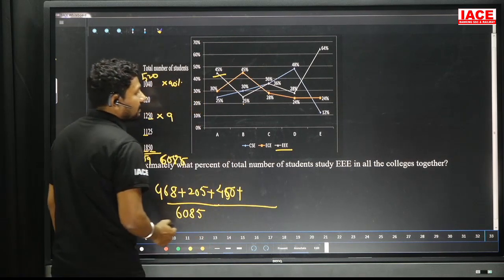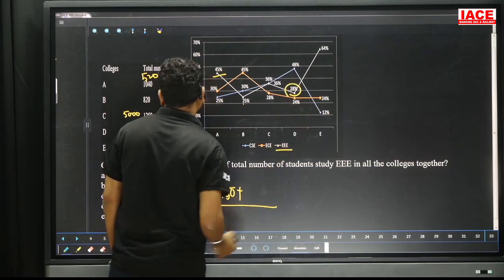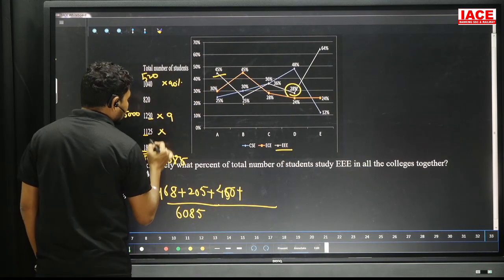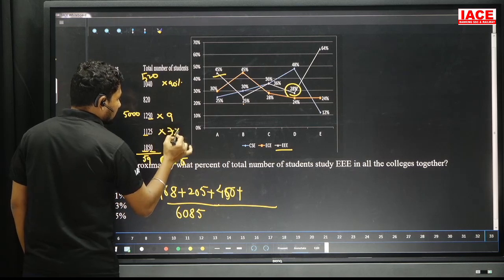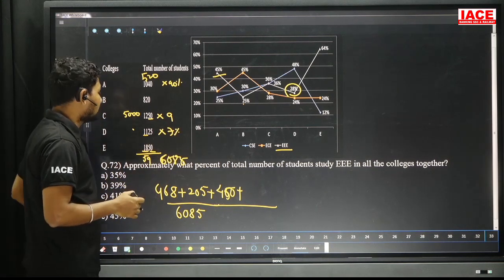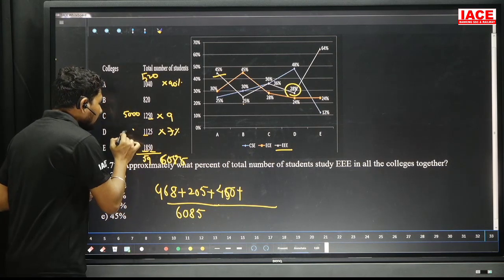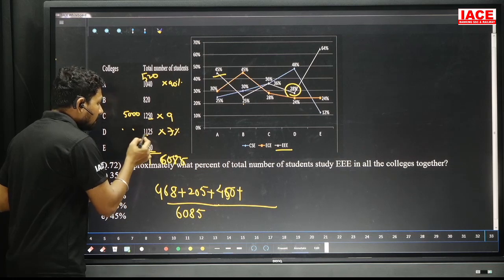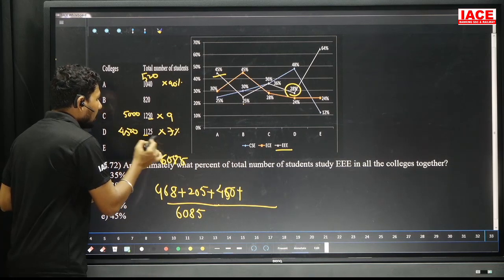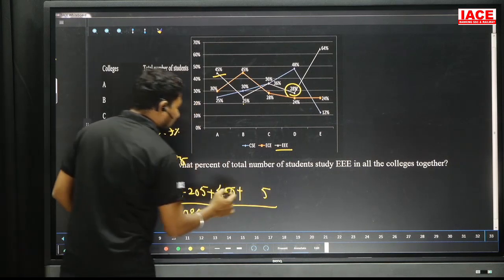And next here third college D, triple E is equal to how much percentage? 28%. 28% dividing with 4 is 7%, and 4 is multiplied here. 4 times 1125, 1125 double value is 2500. It is becoming 4500, and multiply with 7. 7 5s are 35, and 7 4s are 28. It is 315.